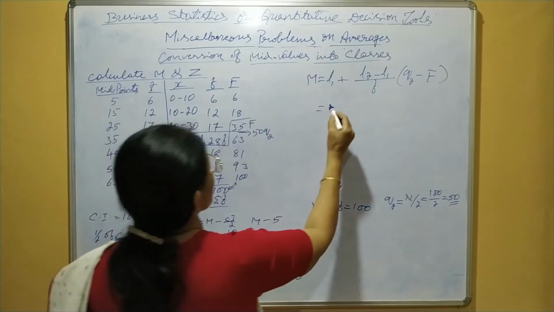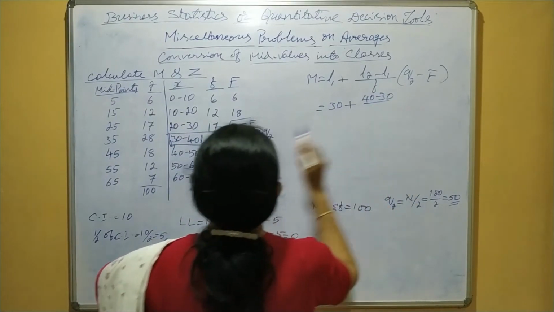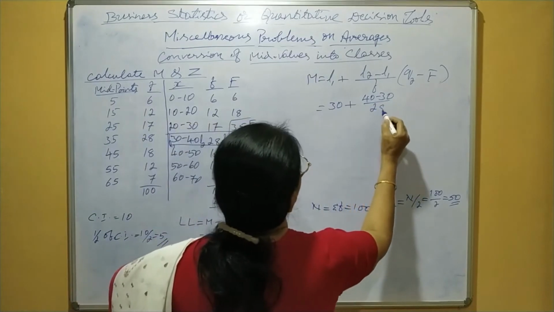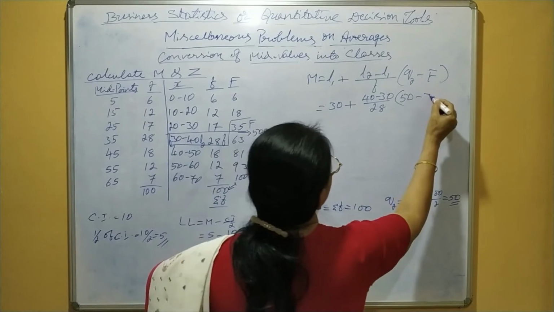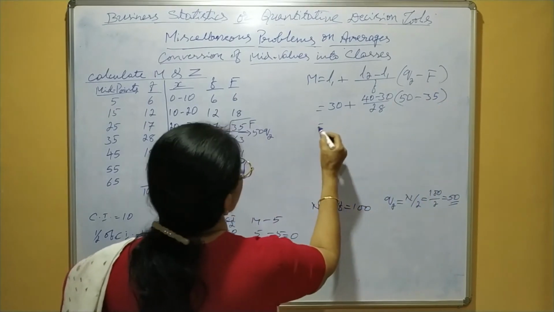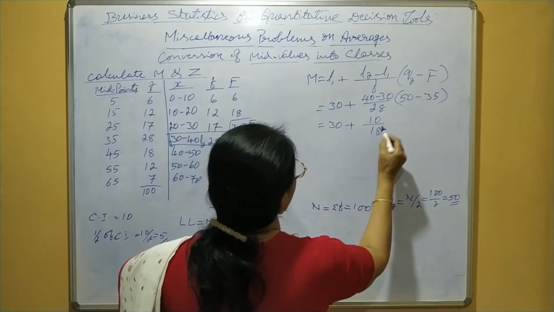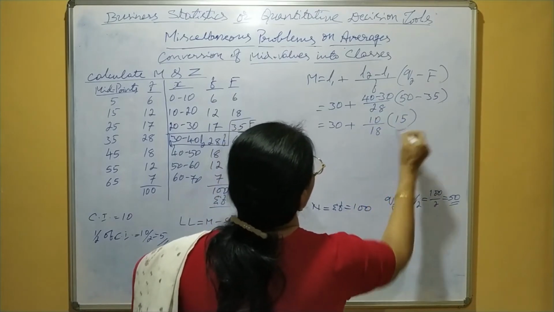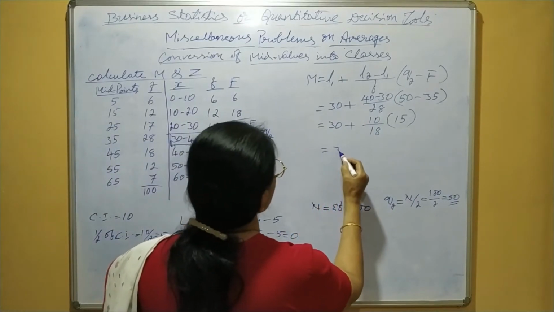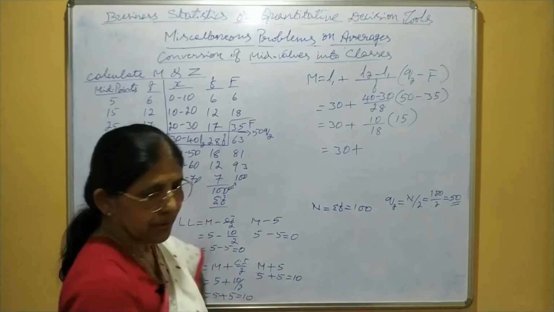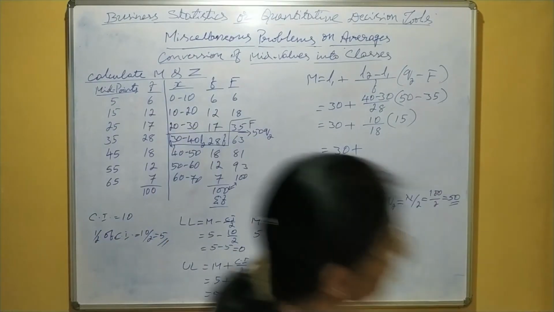L1 is 30 plus (L2 40 minus 30) divided by 28 into (Q2 50 minus capital F 35) equals 30 plus (40 minus 30) 10 divided by 18 into (50 minus 35) 15 equals 30 plus 15 into 10, 150